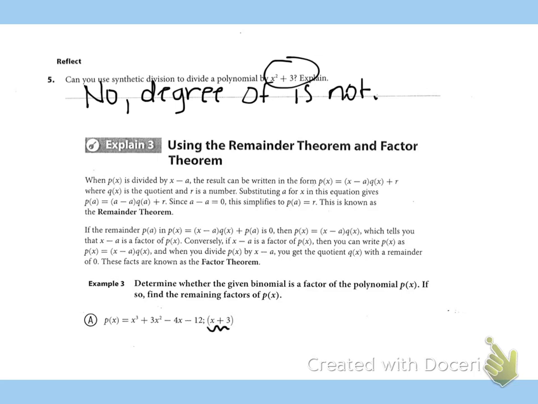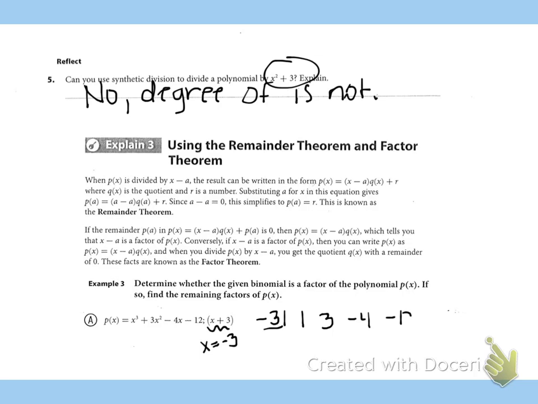So let's go ahead and take a look at this problem. If the divisor is x plus 3, that means that the value of x must be negative 3. And we can set up our synthetic process. I can see that there are no missing terms this time. There's an x cubed, then an x squared, then an x, and then a constant term. So I can just use the coefficients I see listed. So that's a 1. That's the coefficient of x cubed, then a 3, then a negative 4, and a negative